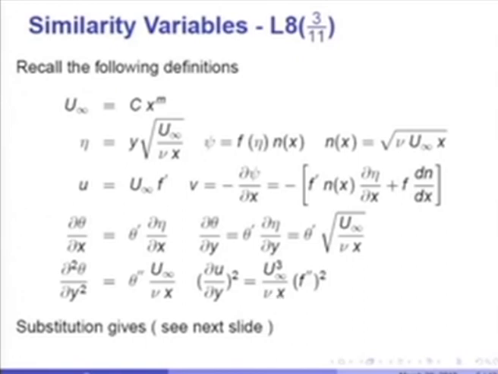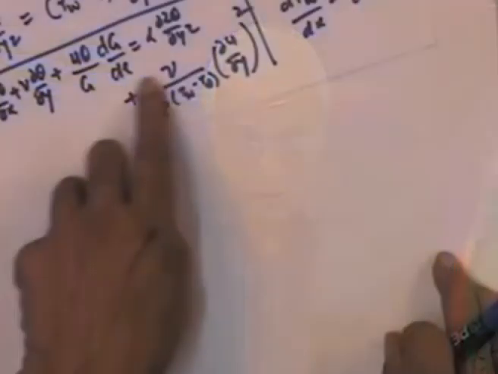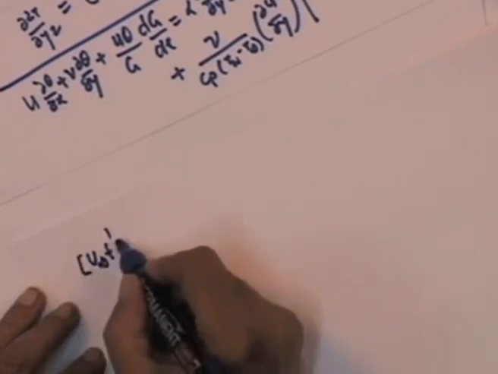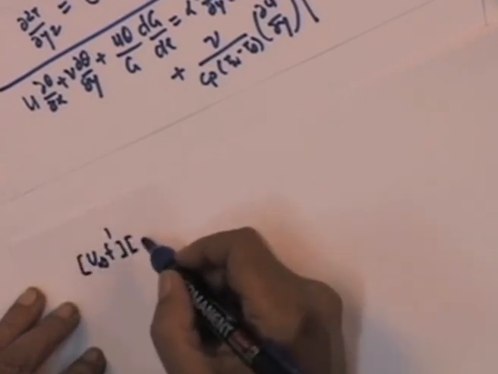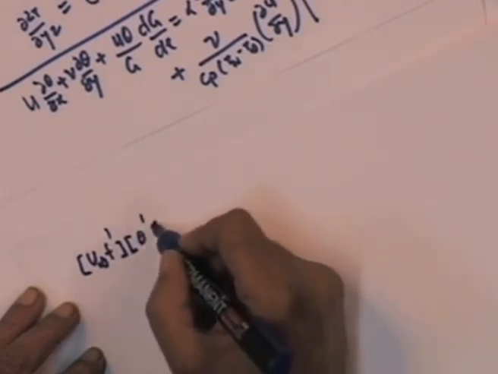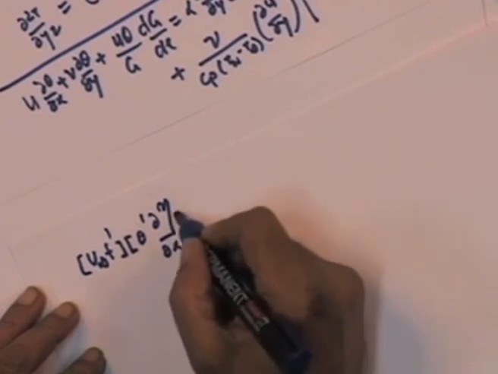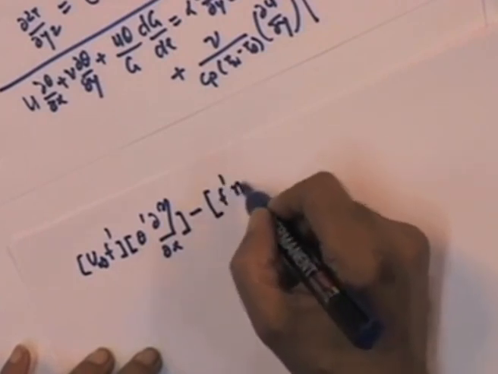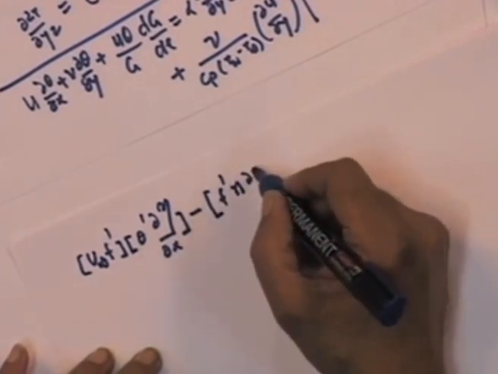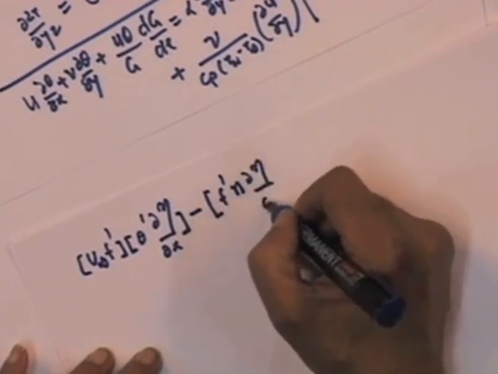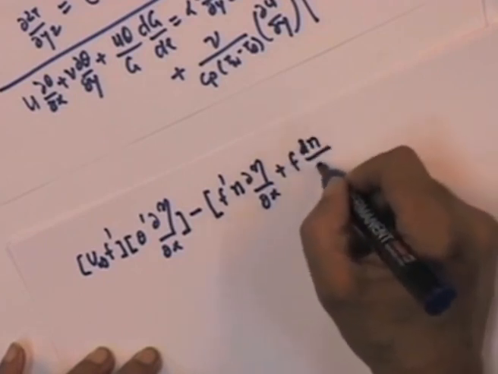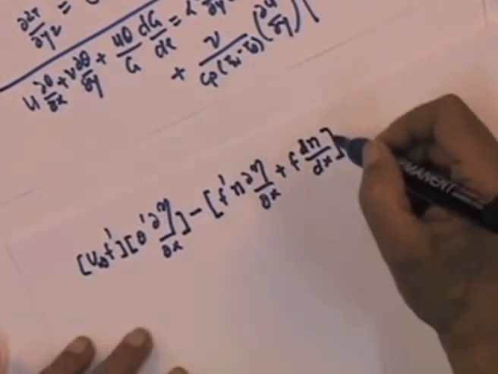So, you will see that if I now substitute for u, d theta by dx and so on and so forth in this equation, u infinity into f dash into d theta by dx, which is theta dash d eta by dx, minus f dash n d eta by dx plus f dn by dx into d theta by dy, which is